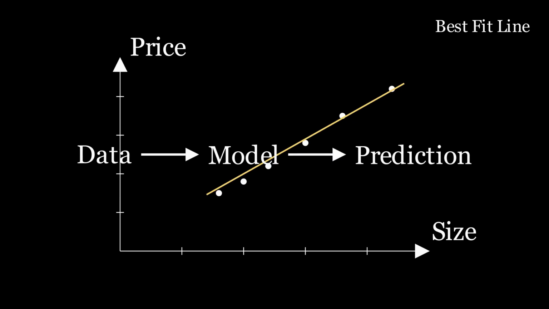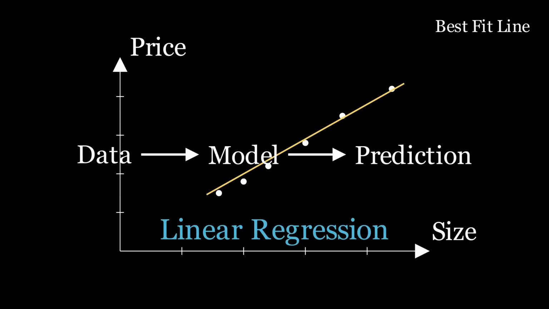To summarize, we start by collecting data. We plot the data on a graph. We find the best fit line that captures the relationship between the variables. We use that line to make predictions, and we evaluate how accurate those predictions are by measuring the prediction error. That is linear regression, one of the fundamental building blocks of machine learning and